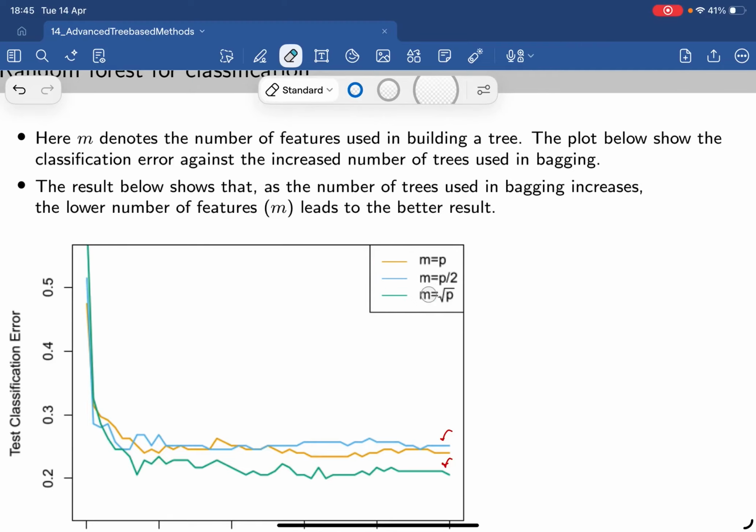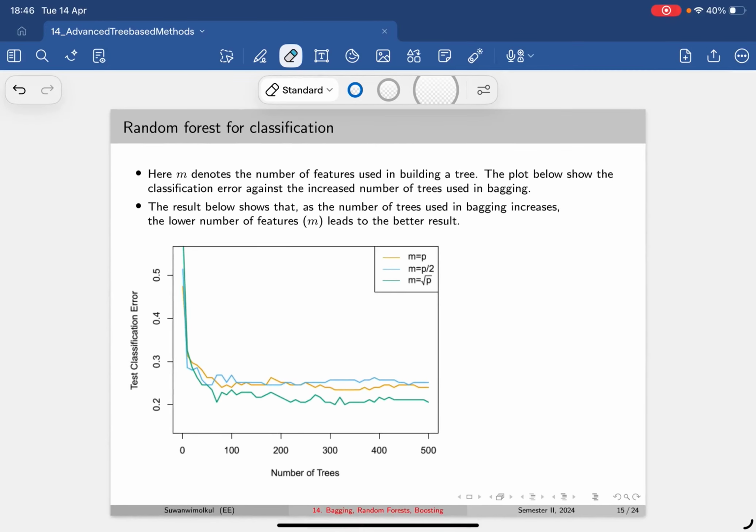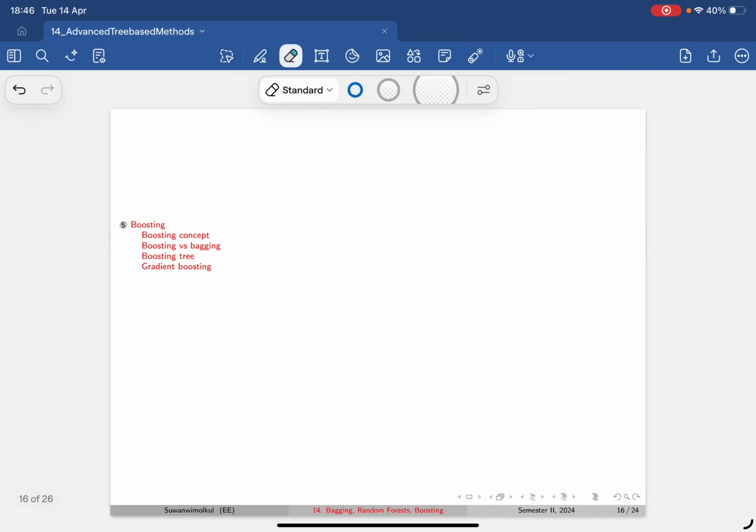But anyway, I still feel like, okay, I shouldn't say this, but I still feel like this also depends on your training data. But anyway, in this example, the result is clear that further subsampling the feature set improves performance. Okay, clearly, right. And next,